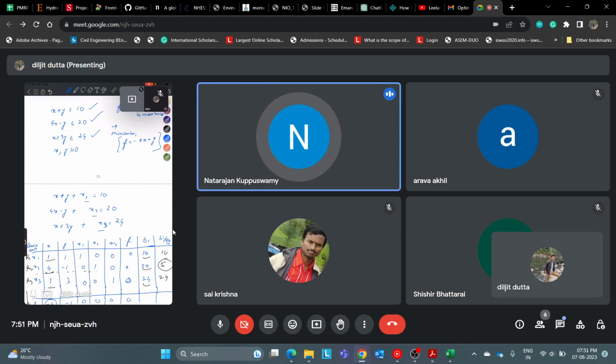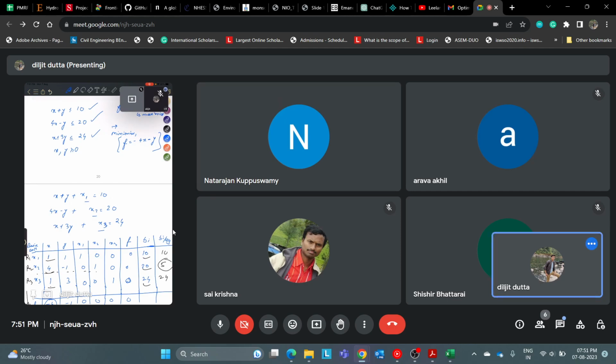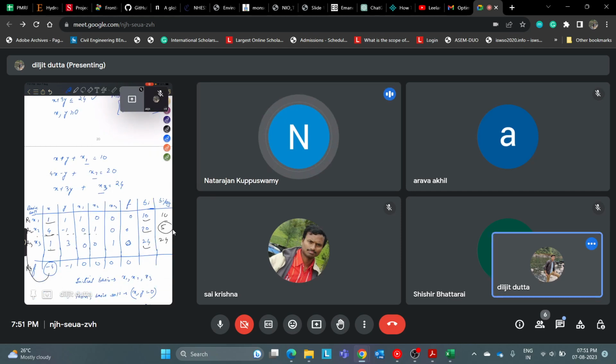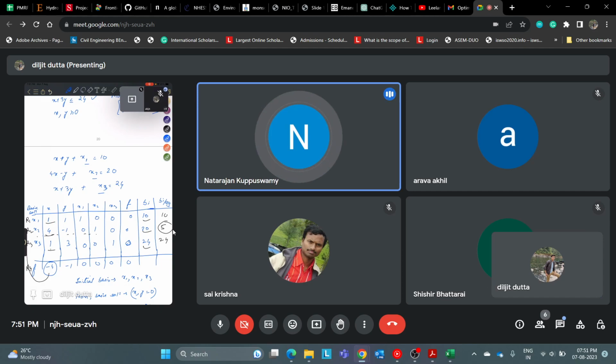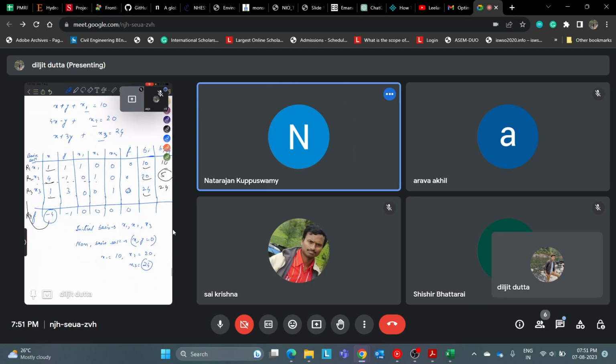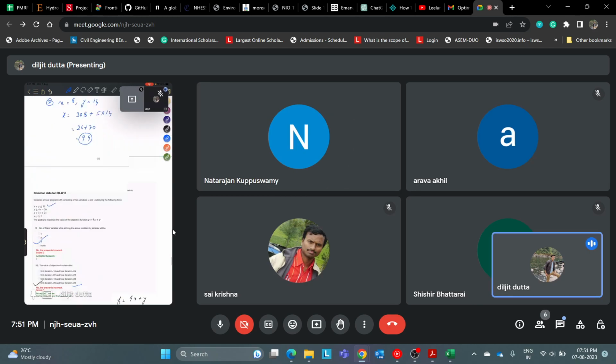While putting that f function in the last row, we have to calculate with these constraints x value and y value, calculate the f, or for f also we have to do the row operation for f. Can you repeat what you're asking? While doing the row operation, for that f column, the objective function, we have to calculate with the values. You have to calculate the function, or there also you have to do the row operation for f column. For the f column, we do the row operation, because we have to finalize when we are doing this